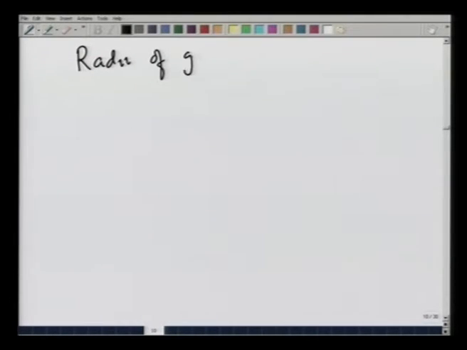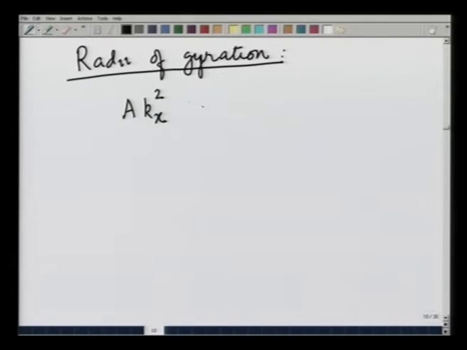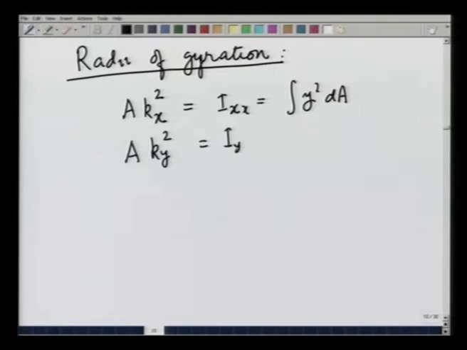Using the second moment of area, we can also define something called the radii of gyration. By gyration, you can already see that these quantities are going to be useful when we describe rotation. The radius of gyration k_x of an area A about the x axis is defined through the relationship A k_x squared equals I_xx equals integral y squared dA, and the radius of gyration about the y axis is defined as A k_y squared equals I_yy equals integral x squared